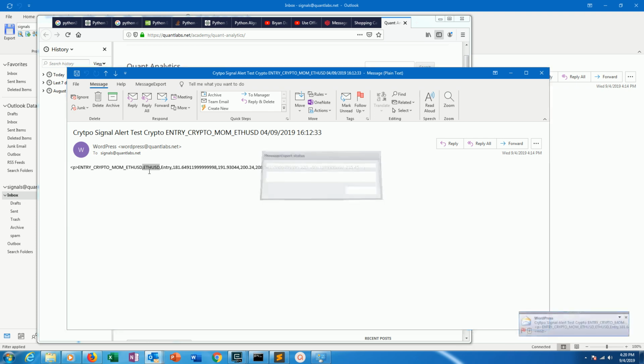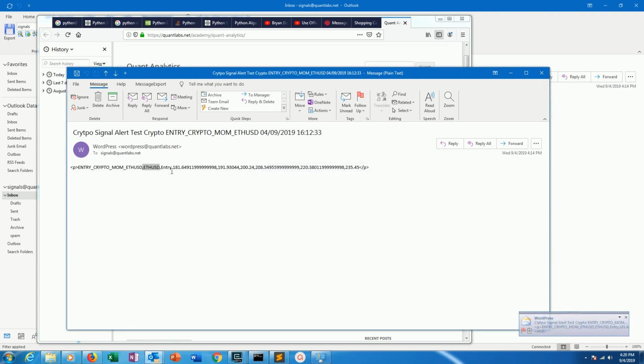So it's using Ethereum against USD. And right here in this body, this would be the closing price. And these are all the different Fibonacci levels that you can set if you choose to use this. So you can use the entry levels of level 500 for Fibonacci, 618 for the entry, which this signal will take place at, as well as